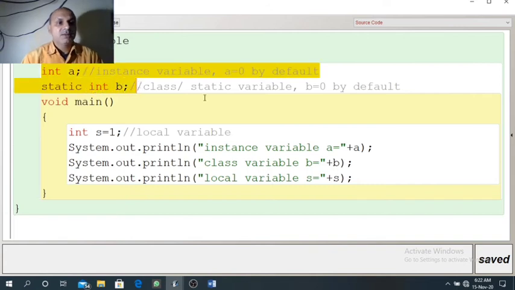These are the global variables A and B. Global variables come in two categories: instance variable and class variables. So both these variables, instance variables and class variables, are declared inside the class but outside the method.